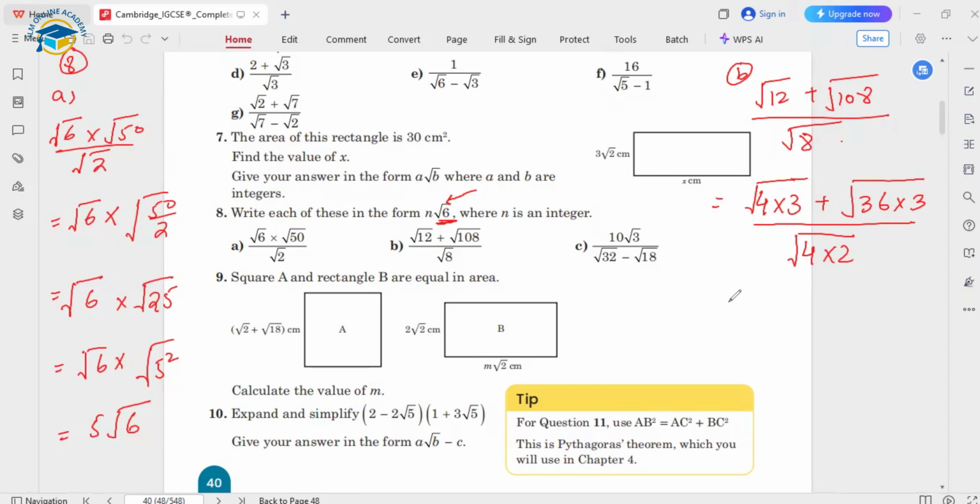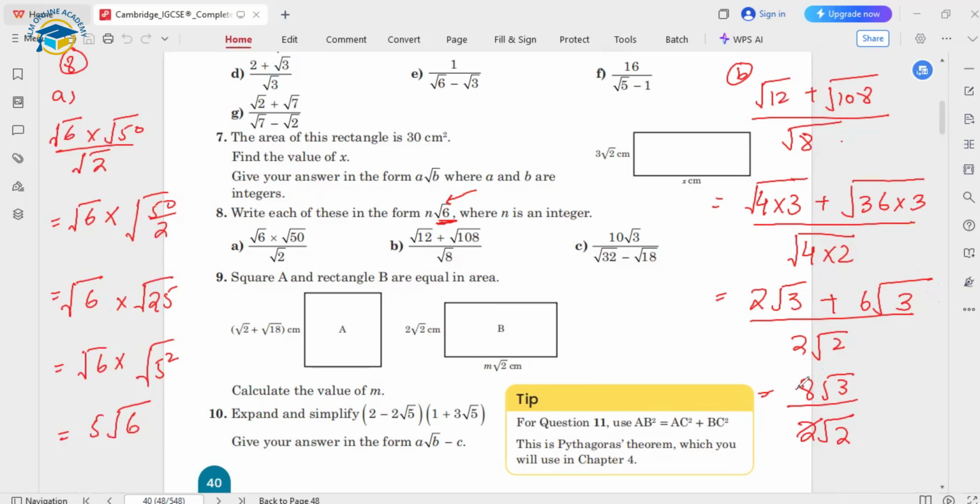So next for the simplification, 4 is a perfect square, so the 2 comes outside and square root 3 is remaining. 6 is the perfect square root of 36, and square root 3 is inside. And the denominator can be 2 square root 2 like this. So for the further action, 2 plus 6, both are having square root 3, so we can add them directly. So 6 plus 2 will be 8 square root 3. And downward over here, we have 2 square root 2.